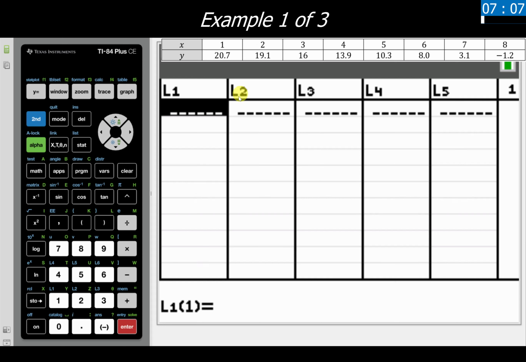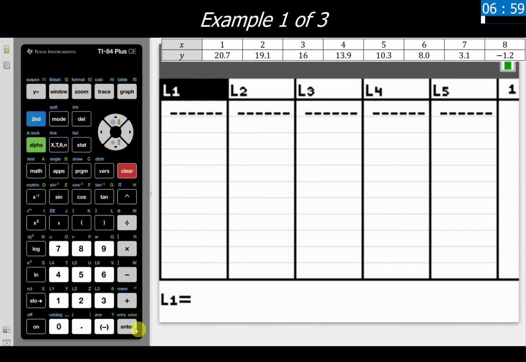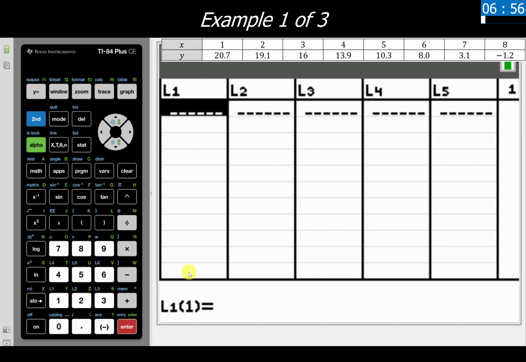If there's anything entered into there, what you will do is use the directional key. You're going to go up to the list, click clear, and then click enter, and that will clear all of that out. We are going to enter the input data into list 1, and input data is generally X. And then we're going to enter the output data, which is generally Y, into list 2. Now reference your set of data and make sure that you are entering in every single number, decimal point, and negative sign exactly as it is listed in the order that it is listed. We're going to go ahead and do that now.